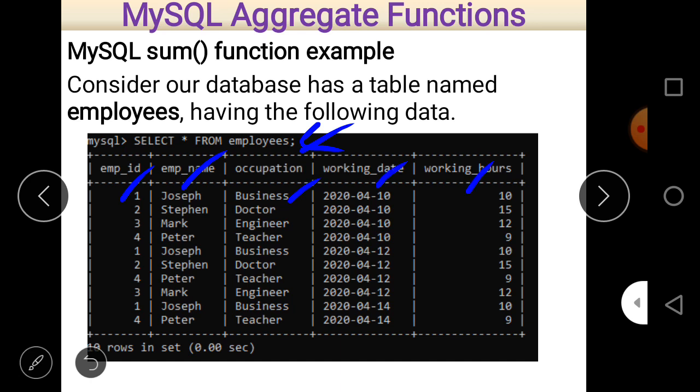So if you want to create this table, first of all use the create table syntax, and after that if you want to put the data into this table, then use the insert into command. So these are the basic commands which were already discussed in our previous lecture, and it is also a part of our revision too. So now